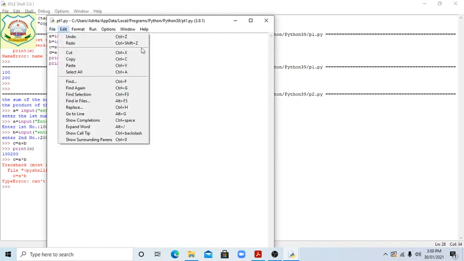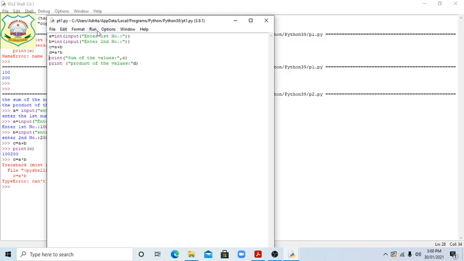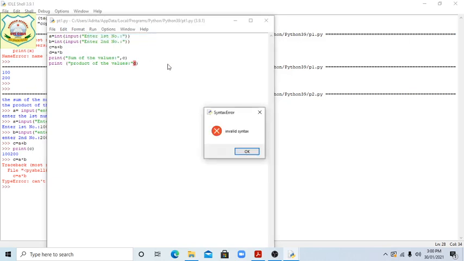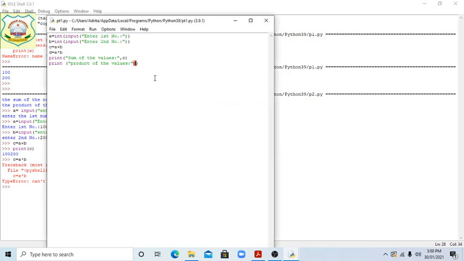Okay, now run. It is saved now. Run module. Acha, invalid syntax. Okay, there is given invalid syntax. Acha, okay, because the comma is not given.